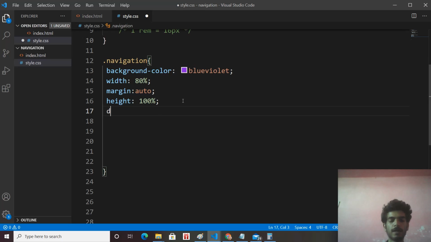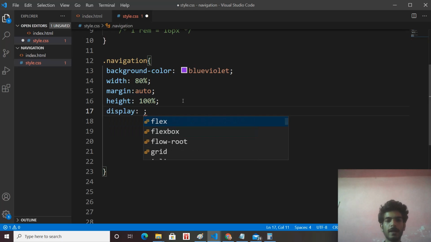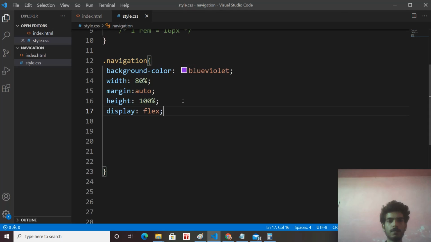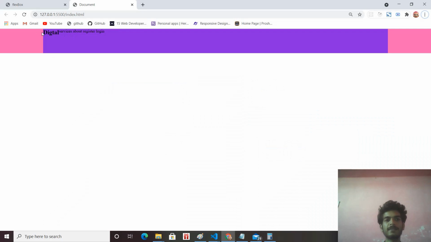And give display flex. Right now the flex direction is row.